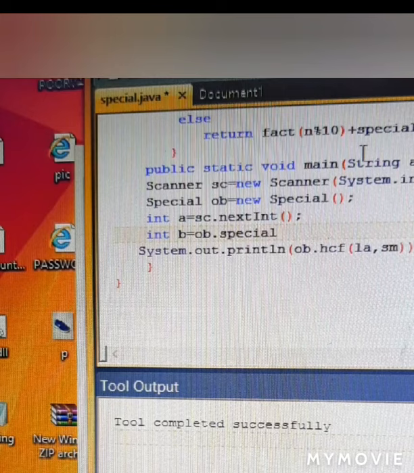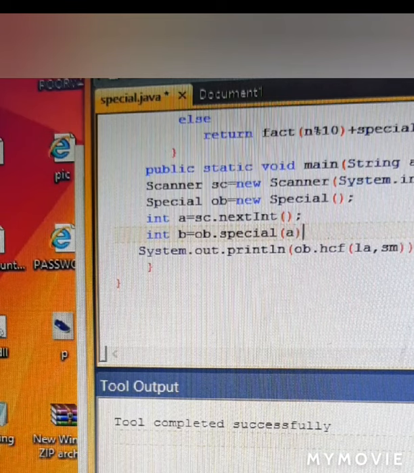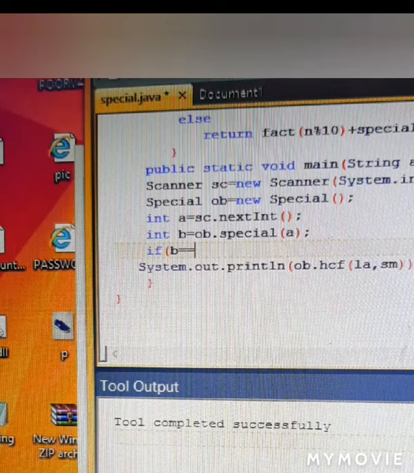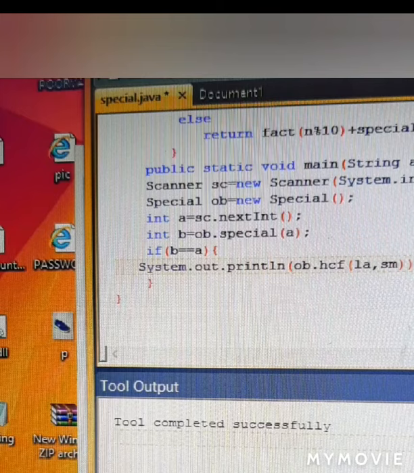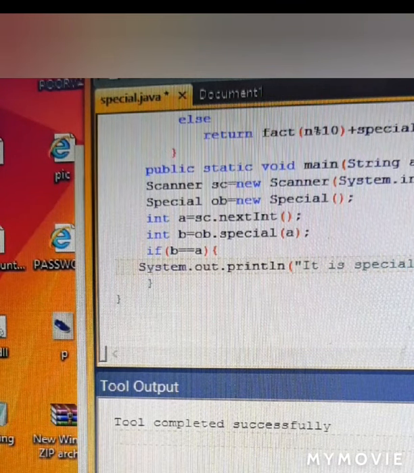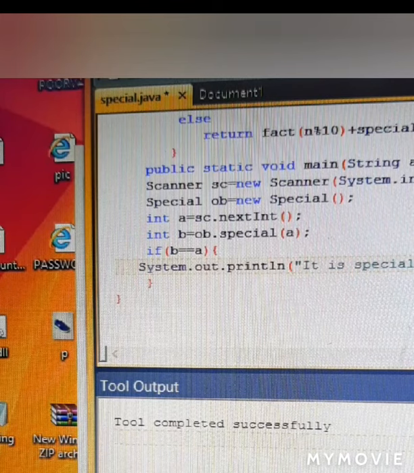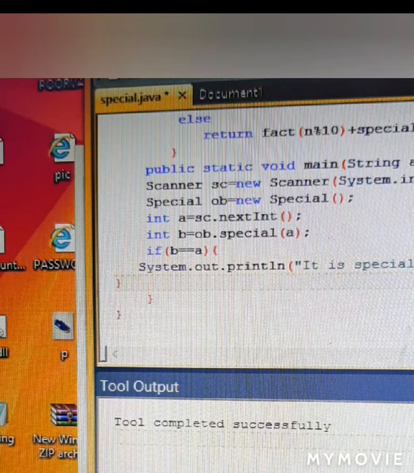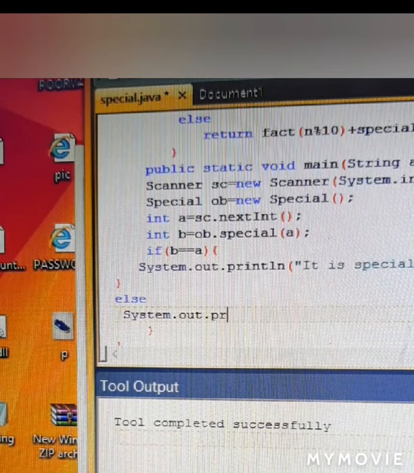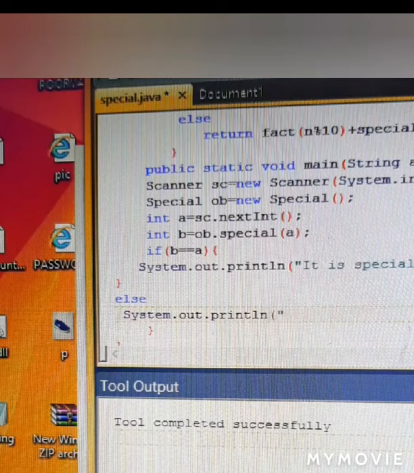We'll not call factorial from here. Factorial function has already been called within the special function. Whatever answer is received in b will be compared with a, the original value which we have taken here. If both of them match, we'll write here a message, it is a special number. Else system.out.println not.